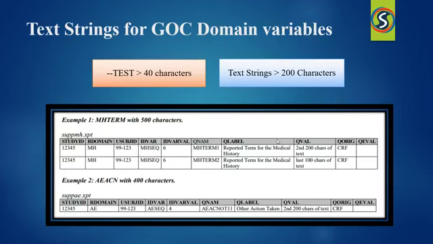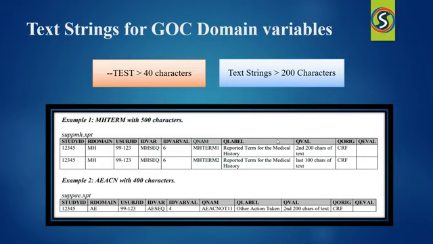So in this dataset, your QNAM should contain a sequential variable name which is formed by appending a one digit integer beginning with 1 to the original standard domain variable name. When splitting a text string into several records, the text should be split between words to improve readability. As an example, here we are going to discuss your medical history reported term, that is your MHTERM, which is 500 characters in length.